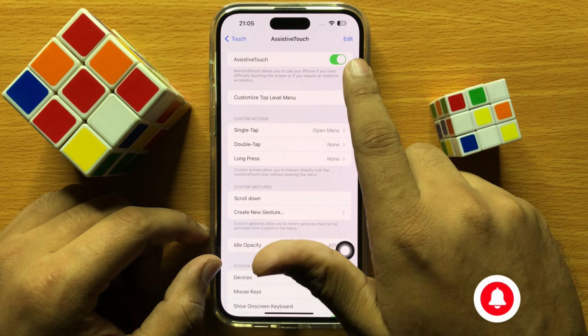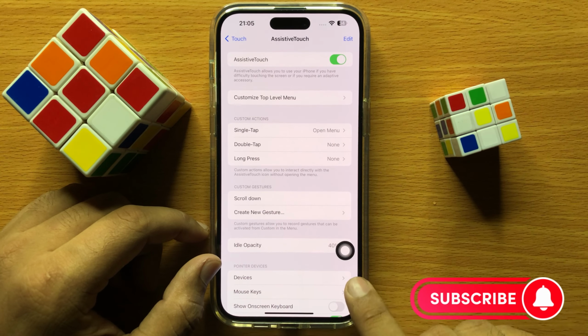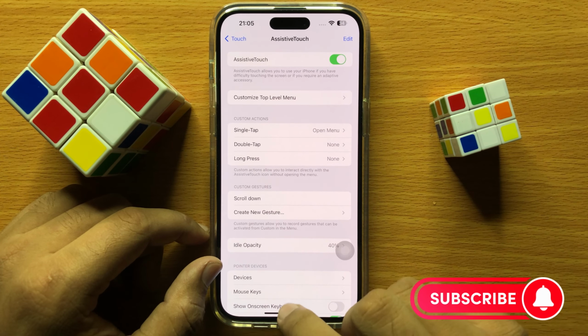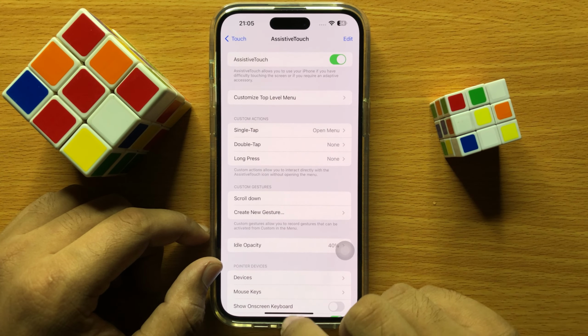When you turn on assistive touch button, the assistive touch icon will be shown on the screen. Then go back to your home screen,